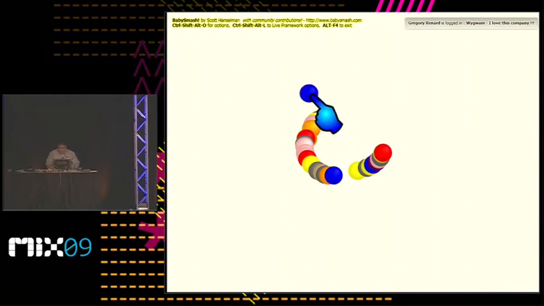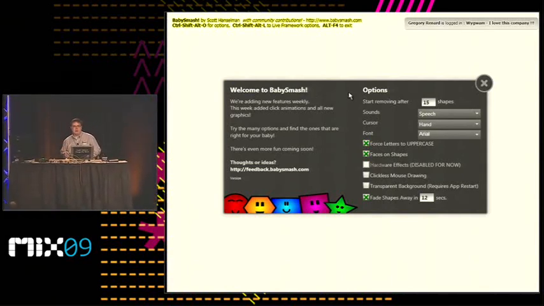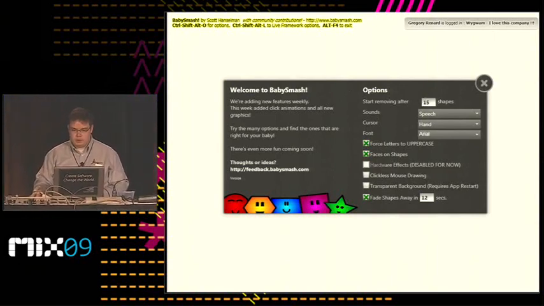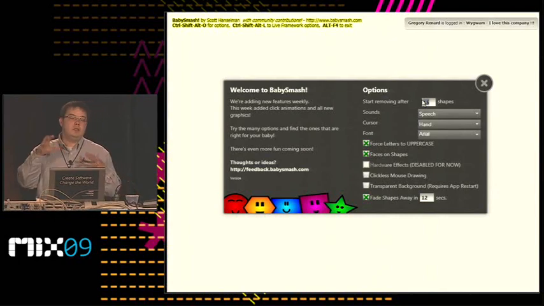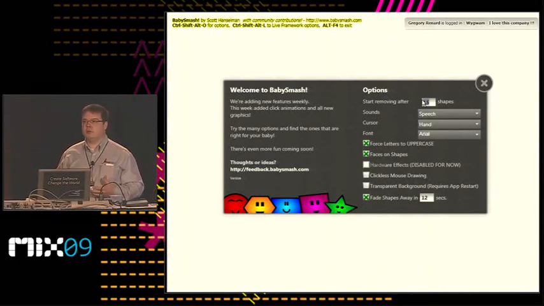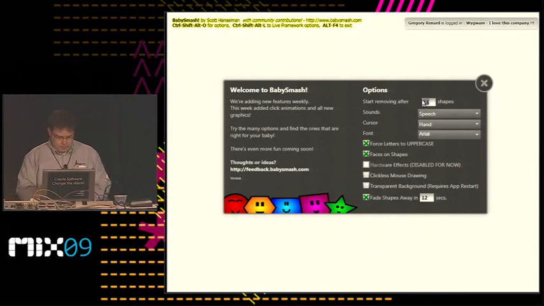If I go to my option, we can see that I have it set to start removing after 15 chips, and I just want to change this information. In the initial application, there is no capacity to push this information on the cloud. I just changed it with the 3 methods that I showed you.